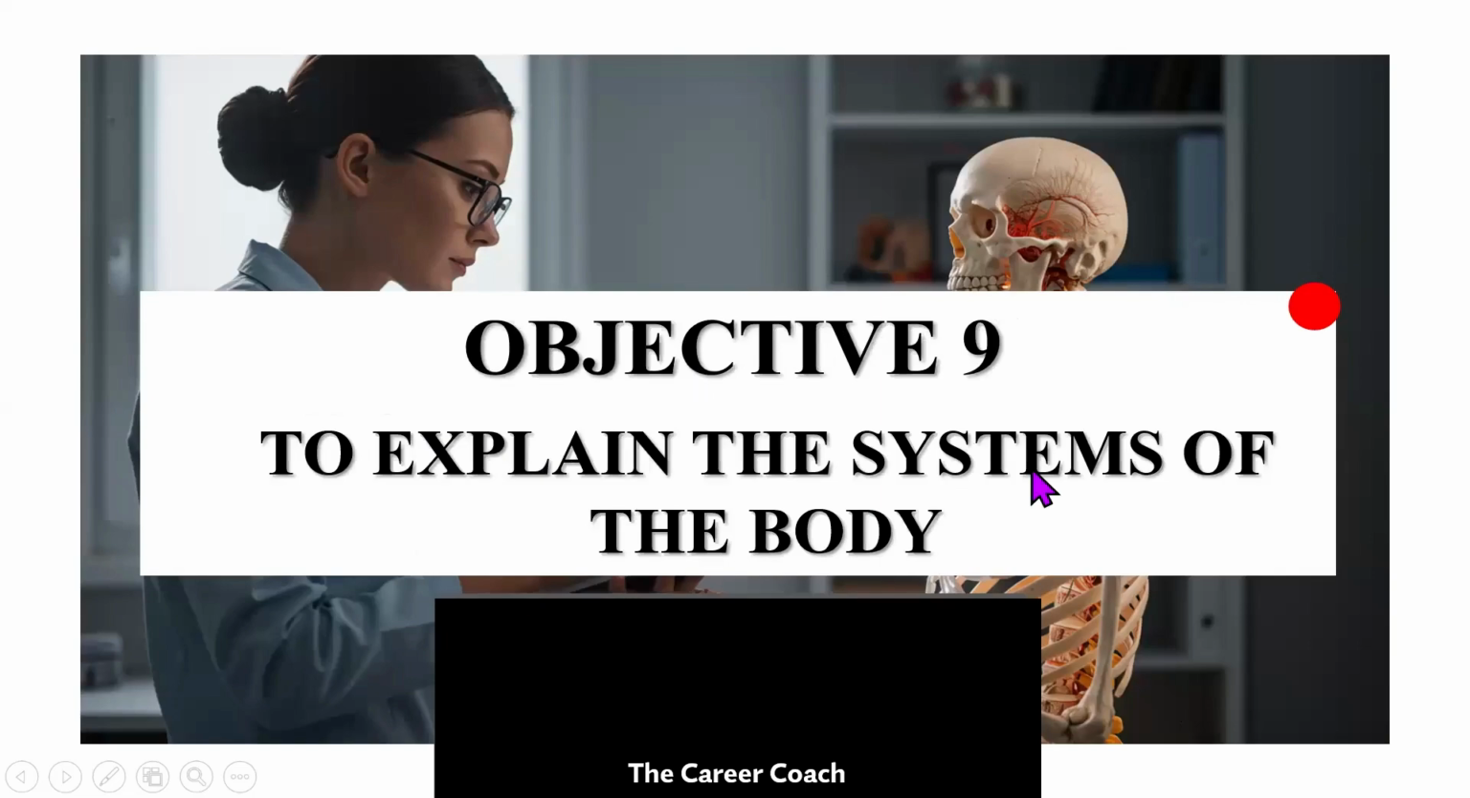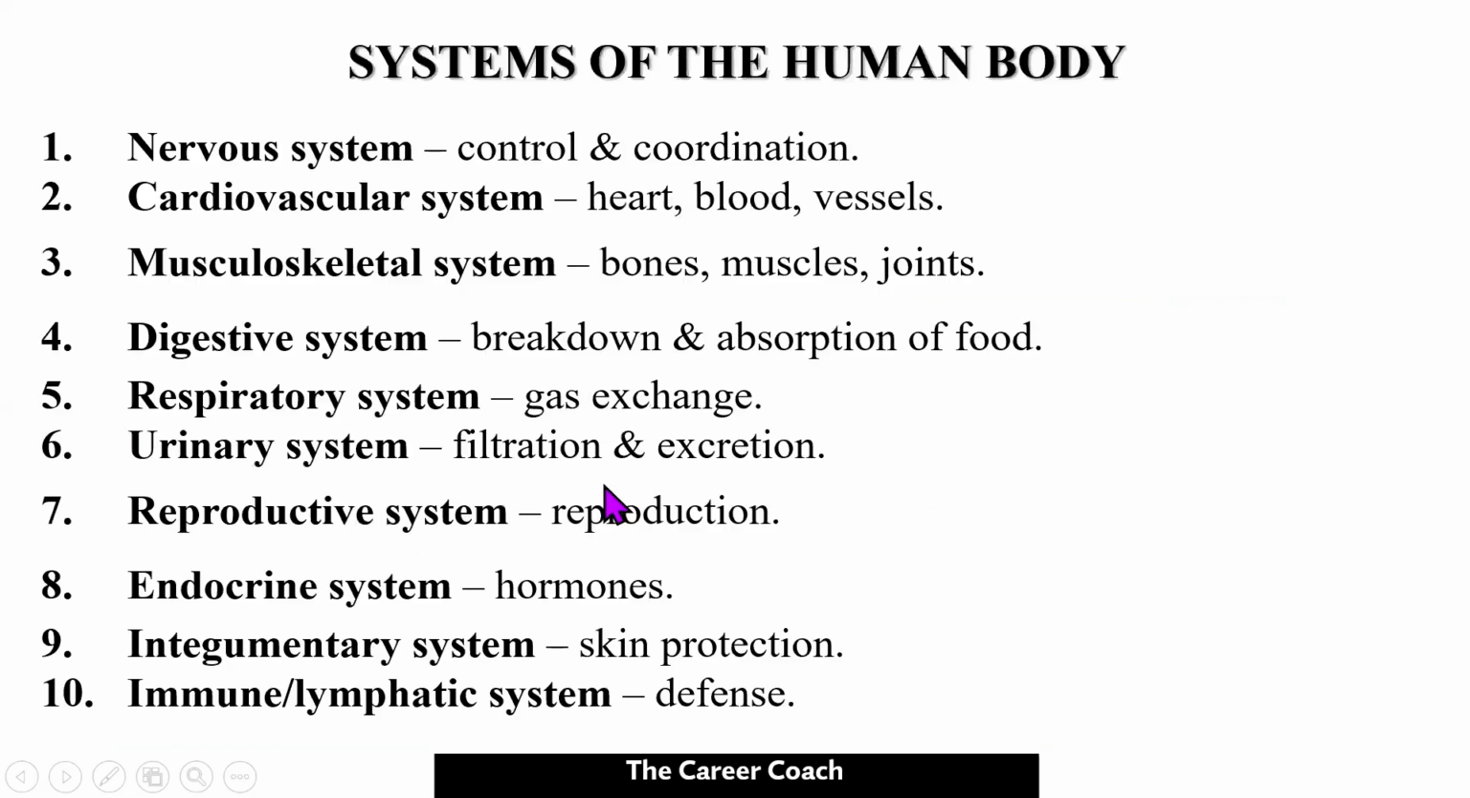Objective 9: explain the systems of the body. The systems of the body involve: 1, the nervous system, which controls and coordinates; 2, the cardiovascular system, which involves the heart, the blood, and the vessels; 3, the musculoskeletal system, which involves the bones, the muscles, and the joints; 4, the digestive system, which involves the breakdown and absorption of food; 5, the respiratory system, which is involved in gas exchange;